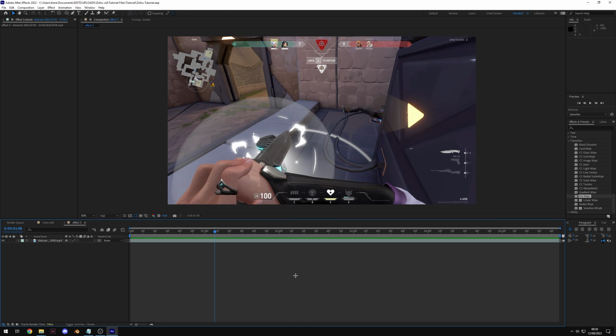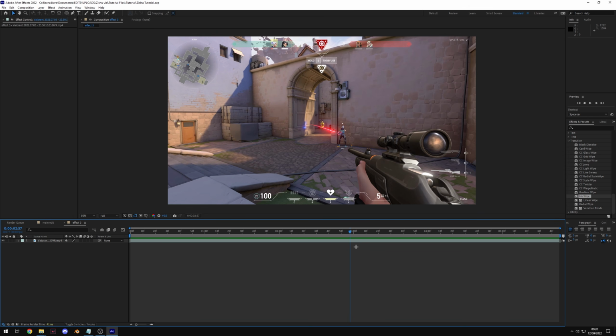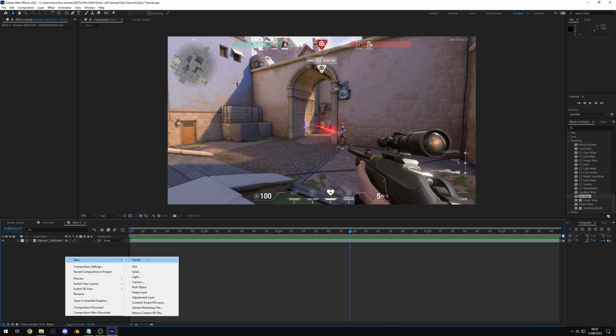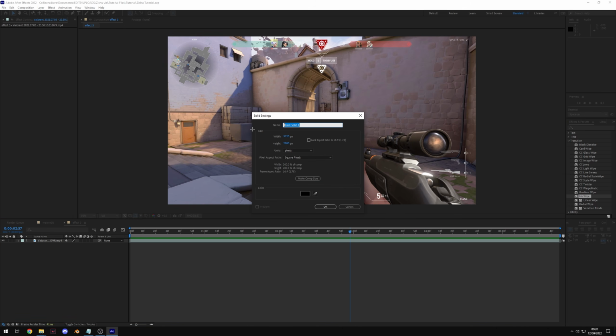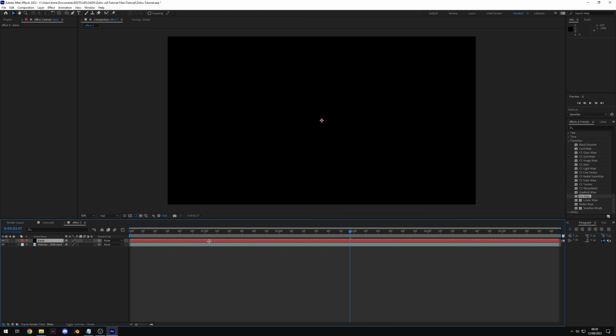And now for the final common effect you'll see in Zishu montages, I'm going to show you a scope effect that you can use in your montages. Now to create this effect, right click on your timeline, make a new solid. You're going to want to make this a black solid. I'm just going to call it black. Make sure that the width and height is enough to cover your frame. In my case it is, so I'm just going to hit OK, and you'll see we have this black solid